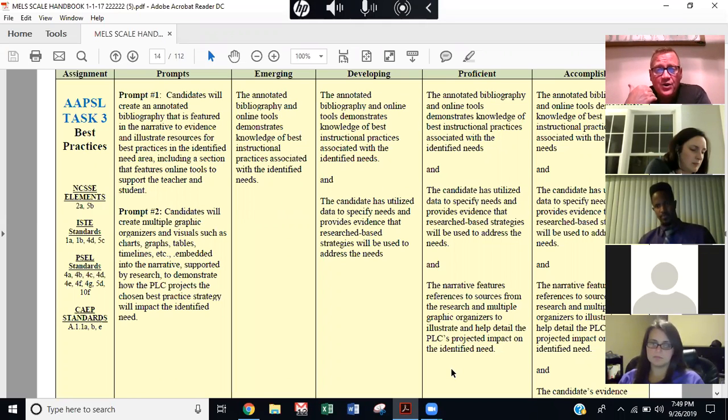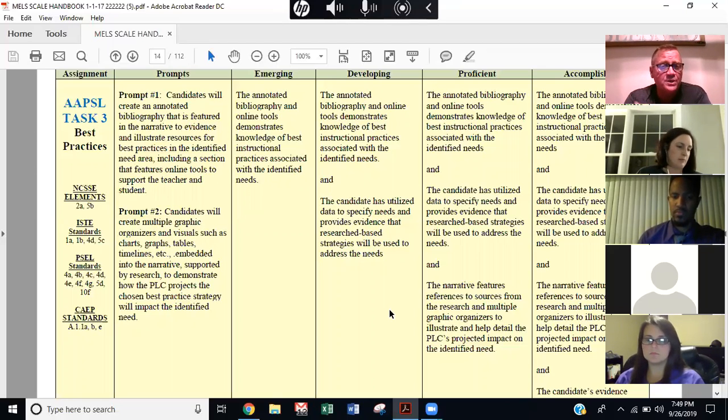And you can, at some point in time, present this to the leadership team. So those visuals can be a PowerPoint presentation as well. Okay, that's a visual, that's a technological representation of the information that you're getting. So at the end of task 3, you've got your PLC team together, you've got your identified need, and then you've got the proposed solution to that need. So at that point in time in task 4, you plan out how you want to implement. That's your implementation plan, that's your action plan.